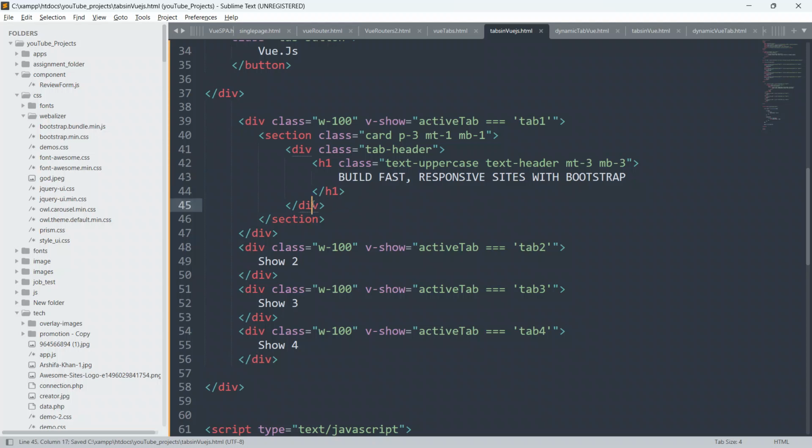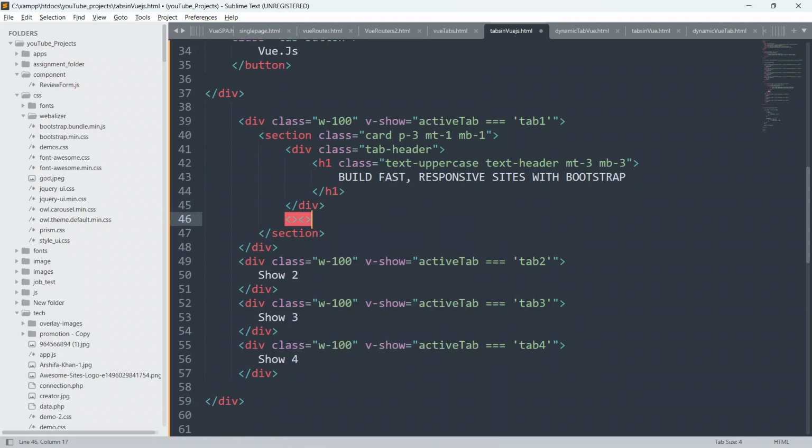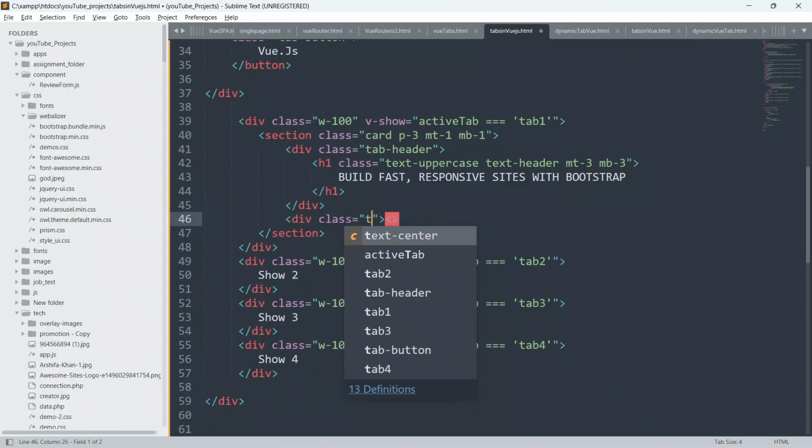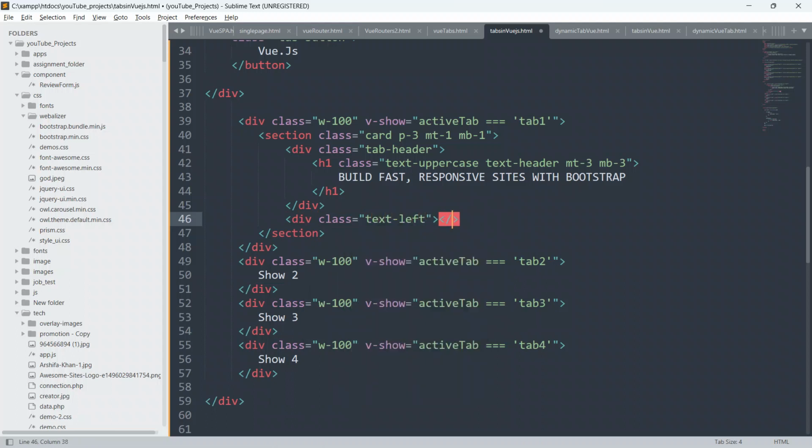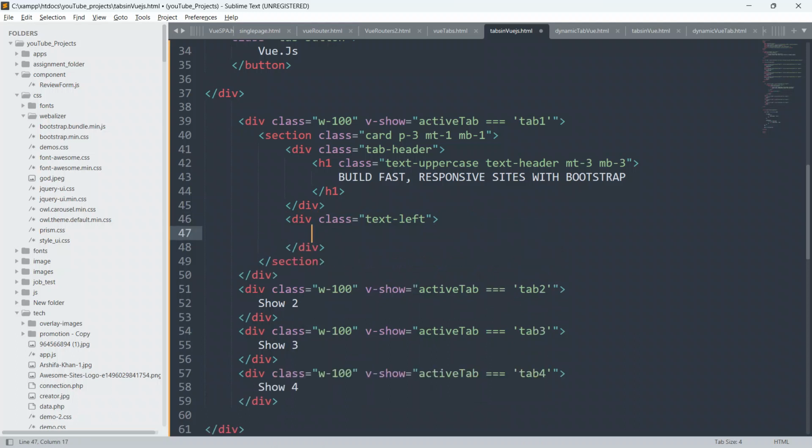So now below this div I'm gonna create another div. Give the class text-left, and close this div first, and inside this div I'm gonna create an h4 element. First of all close this h4 element, otherwise we will forget to close it, and later on we will have a lot of issues because of this only.